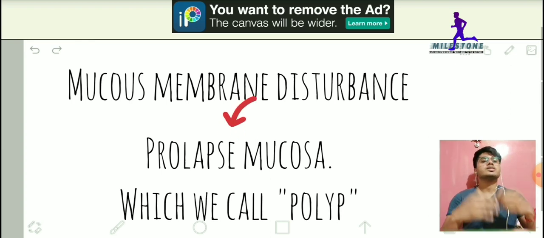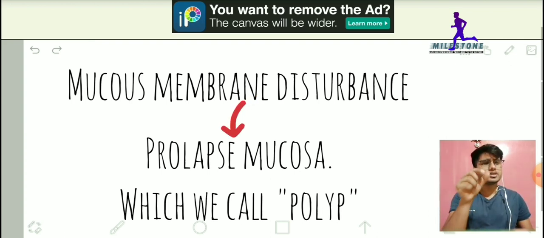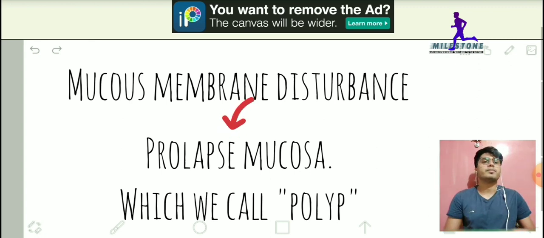That disturbance causes the mucosa to prolapse, and that prolapsed mucosa is what we call a polyp. This is the basic pathophysiology.